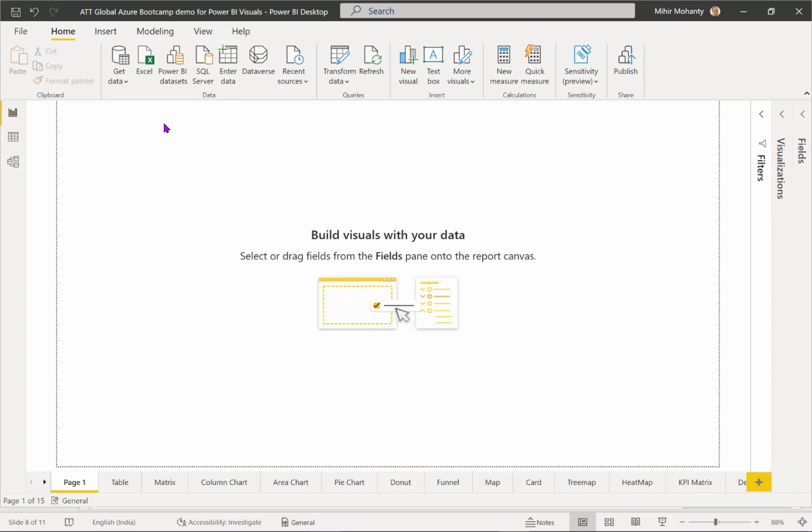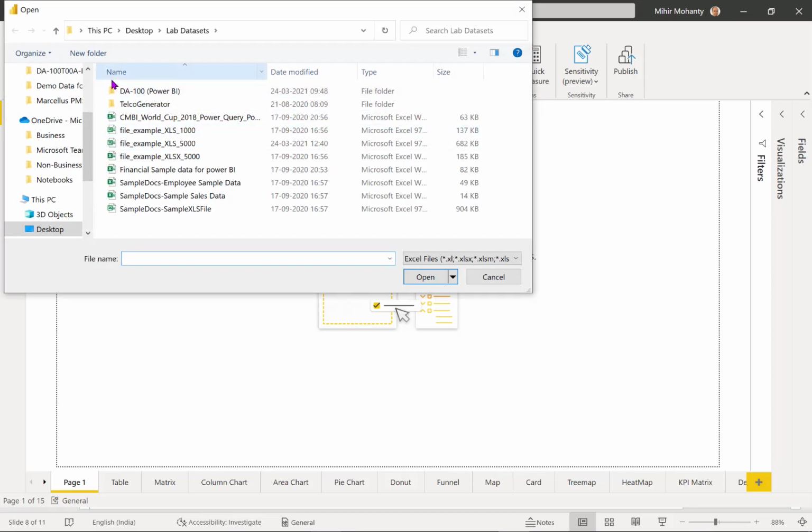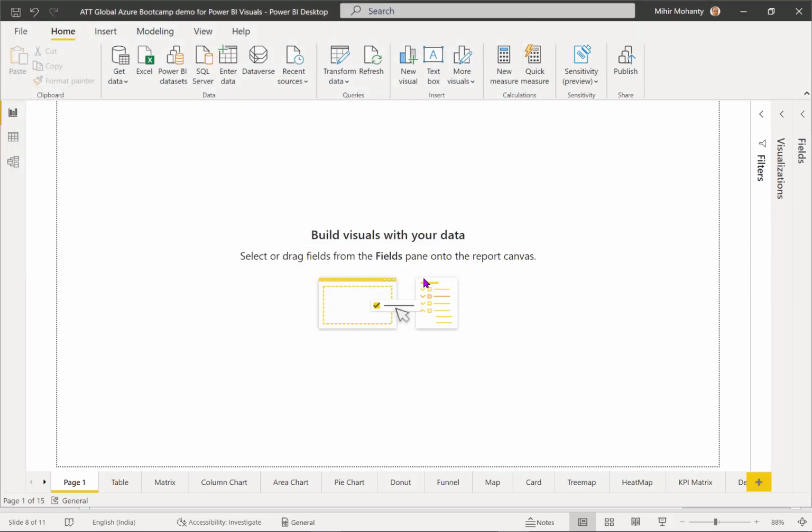If I want to show you how Excel works, you can see there is a data set available for me. Any of these data sets, if I load, for example, I want to load simple docs and click open, you can see the data is getting connected to the source.